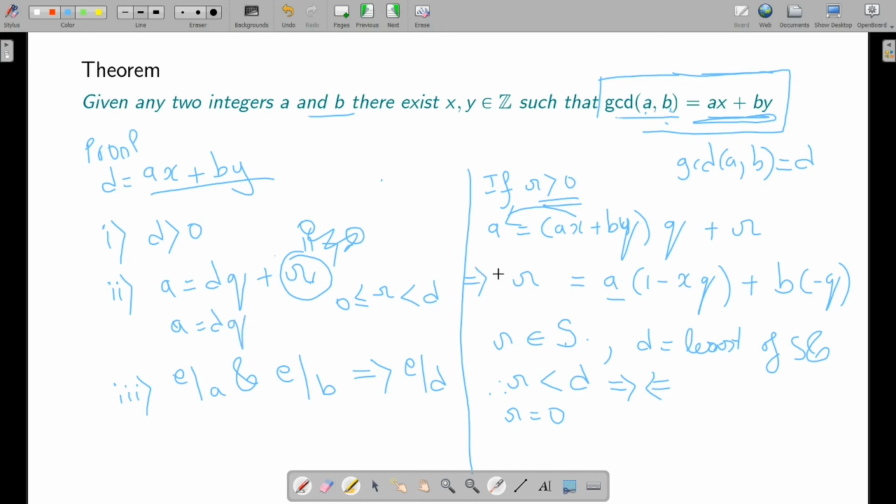Okay, similarly you can prove that D also divides B. A similar argument, you will get that D divides B. You just need to take two different cases for B, when B is 0 and B is non-zero. Other than that, the argument is the same. By the way, I am using the generalized form of division algorithm, though I have only proved the other form. The proof of that is in your notes.